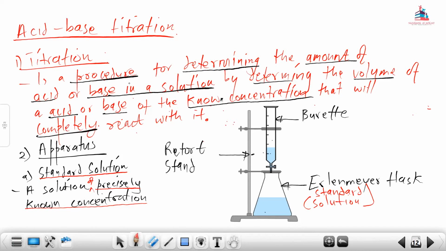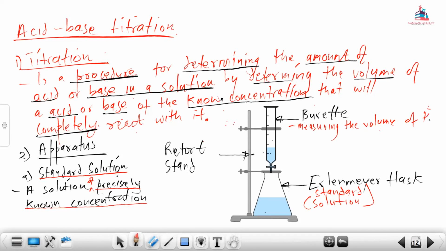It is a procedure for determining the amount of acid or a base by determining the volume of an acid or a base. So it basically says the only way of me measuring the volume is through the burette. So the burette here is going to assist me in terms of measuring the volume